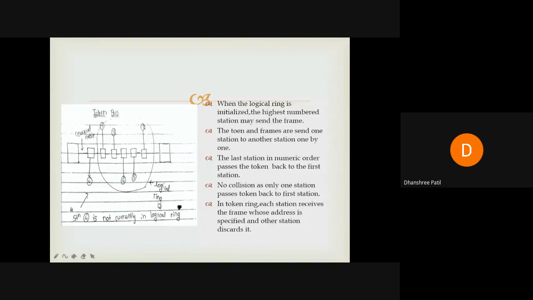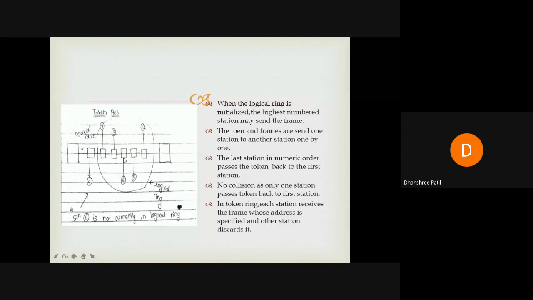Okay, so now you have understood what is meant by the token. The token is a set of information, or it is like a coupon which is used for sending the frame.